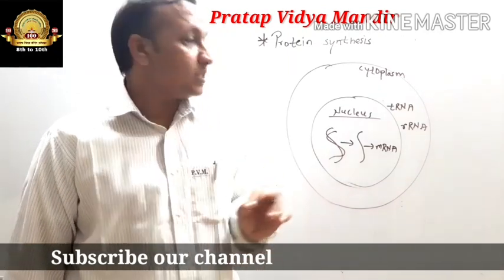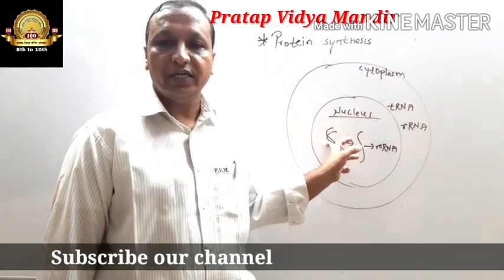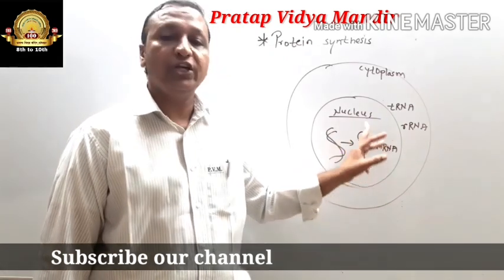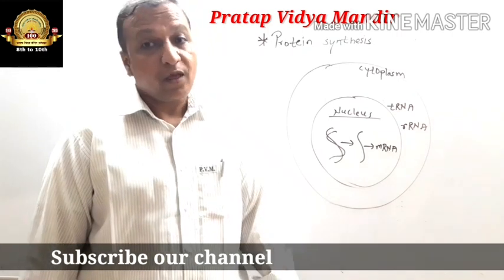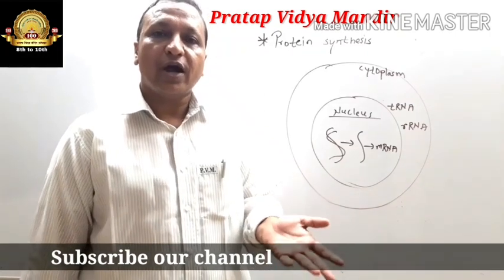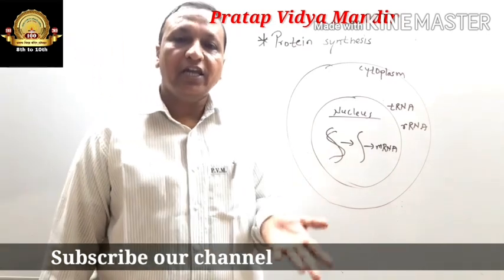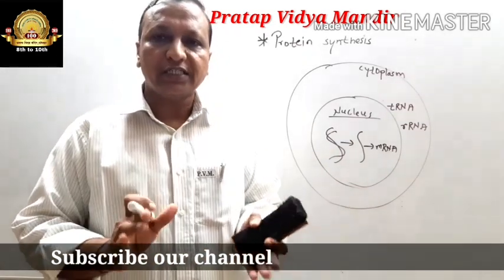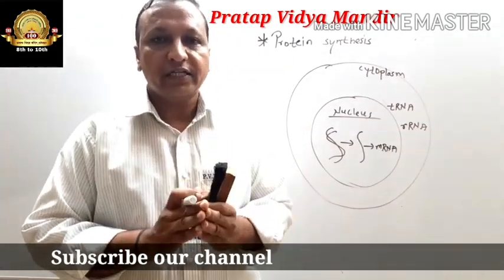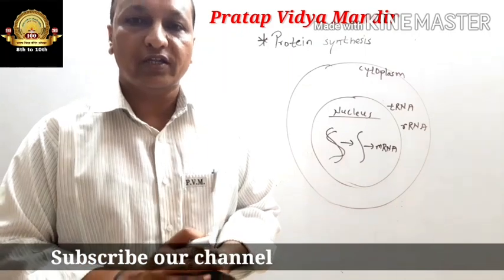mRNA is produced as per the sequence of nucleotides present on the DNA. Only one of the two strands of DNA is used in this process. Then what is the structure of DNA? In the previous standard, you have already learned about the structure of DNA. DNA is double-stranded and highly coiled. These two strands are held together by hydrogen bonds between the bases, with adenine always forming a base pair with thymine and cytosine forming a base pair with guanine.